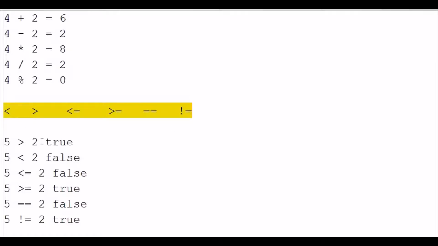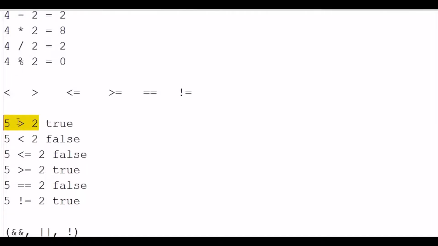Let's take for example a condition 5 greater than 2. This is the condition given. So when we take a condition 5 greater than 2, we are checking a condition here. Is 5 greater than 2? Yes. So the result of this is true. The relational operators always compare two values and give the answer as either true or false. 5 is greater than 2, so here the result is true. And when we check with the less than sign, 5 is not less than 2, so the result produced by this operator is false.